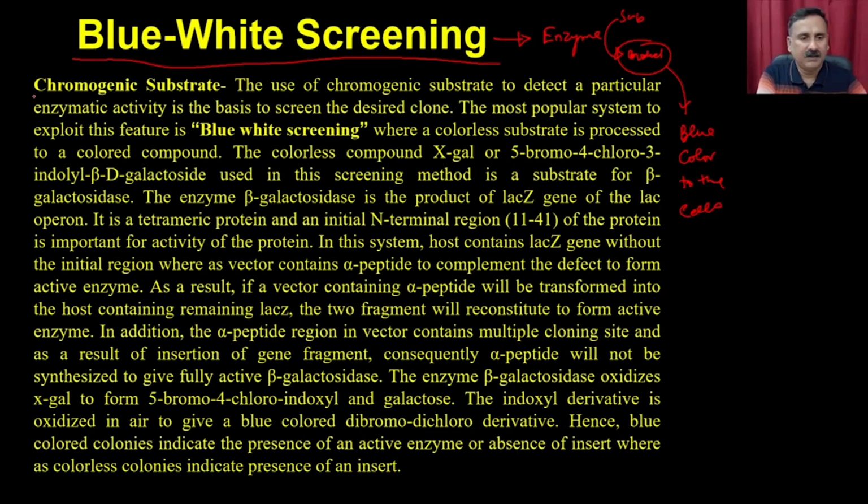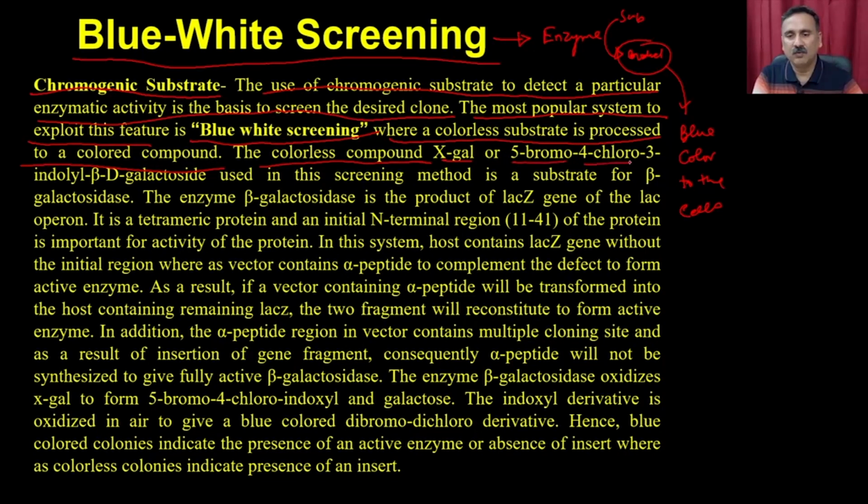So it is actually going to use a chromogenic substrate. The use of the chromogenic substrate to detect a particular enzymatic activity is the basis to screen the desired clone. The most popular system to exploit this feature is called blue-white screening, where a colorless substrate is processed to a colored compound, right? The colorless compound X-gal, also called 5-bromo-4-chloro-3-indolyl beta-D-galactoside,